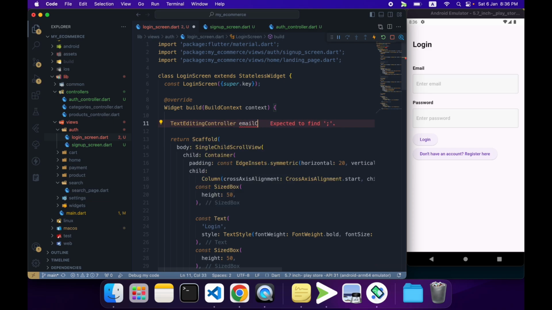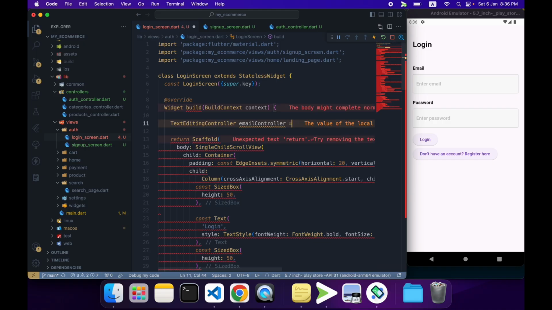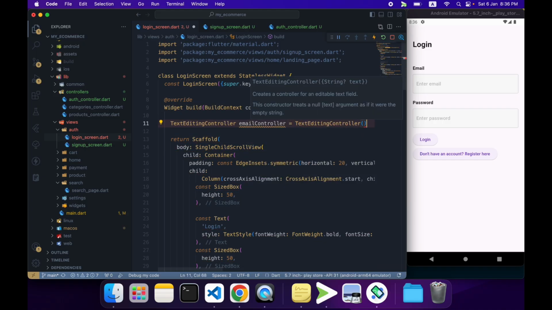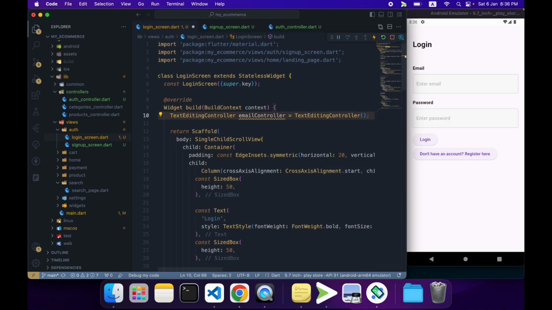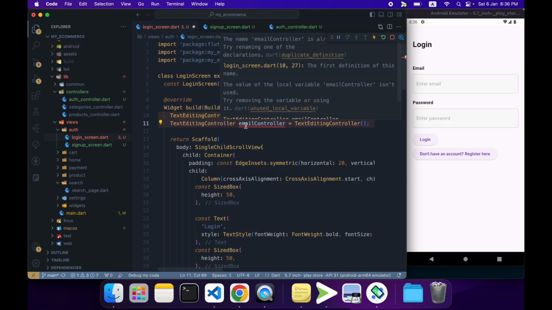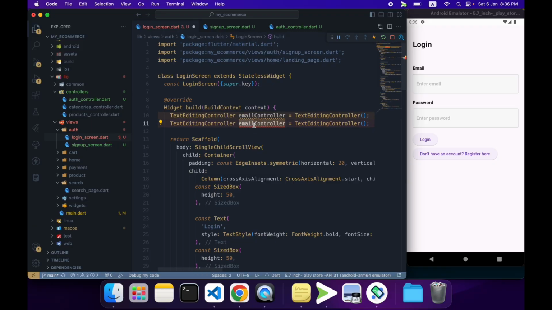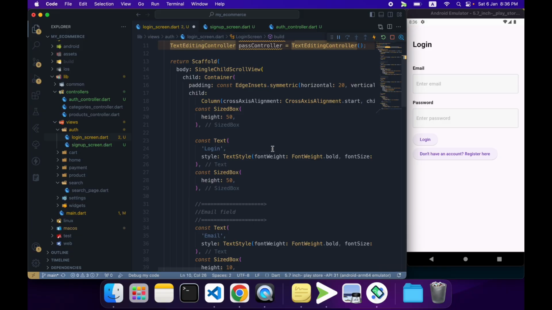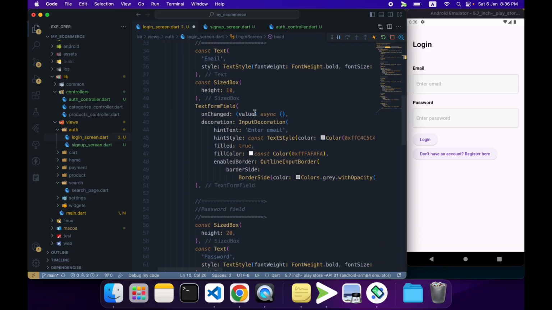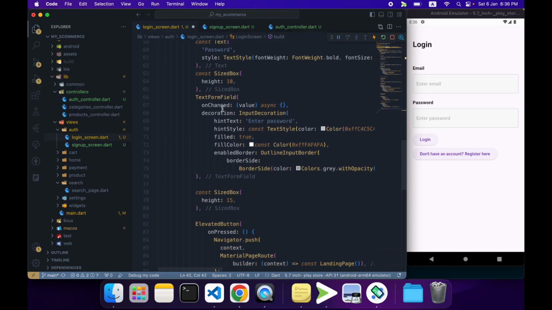One controller that we need is the email controller, and we will need another controller which is called pass controller, and we will assign these controllers to the fields. So to the email field, I will assign the email controller, and to the password, I will assign the